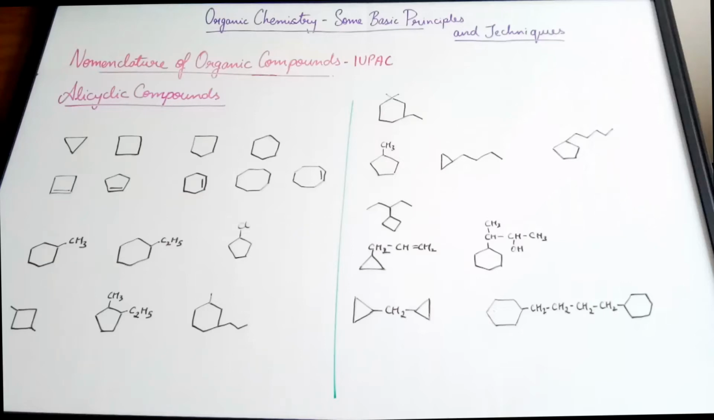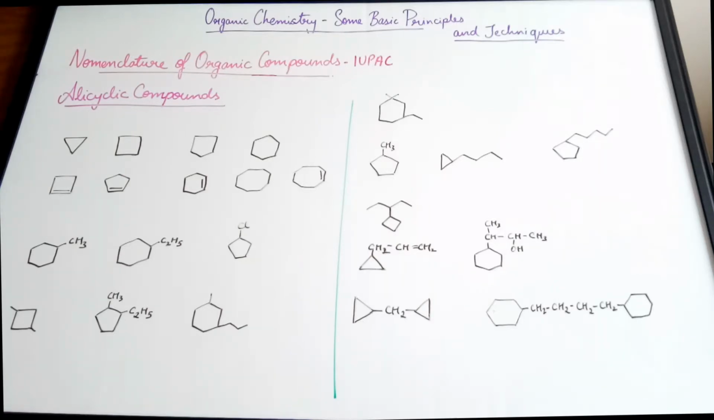When we learned about the classification of organic compounds, we studied the fact that there are certain compounds which are cyclic in nature. So in this video we are going to be talking about how to name such compounds, and these are called alicyclic compounds. So the first rule that we have is that